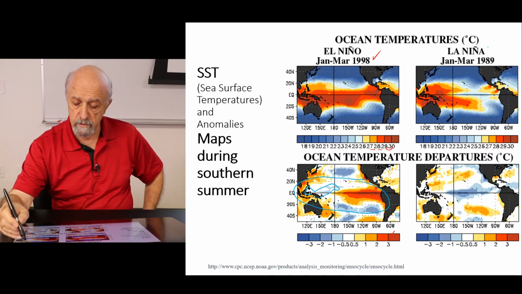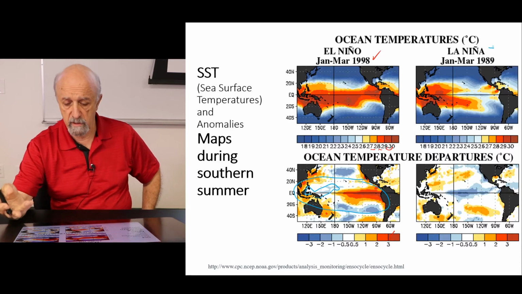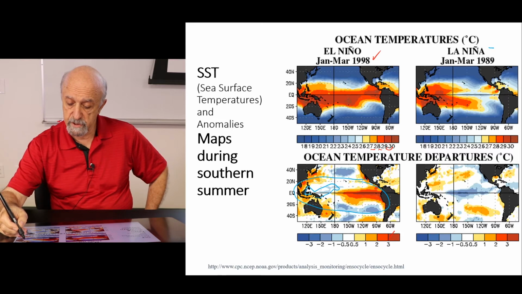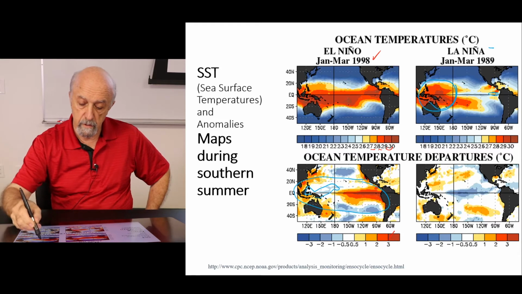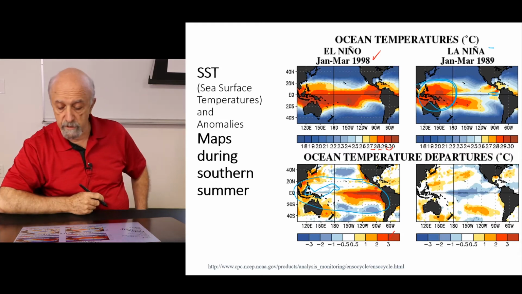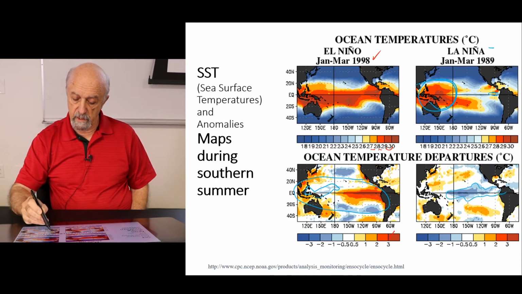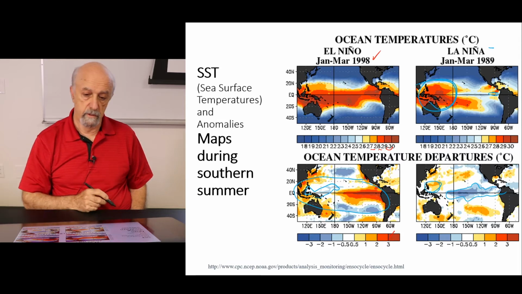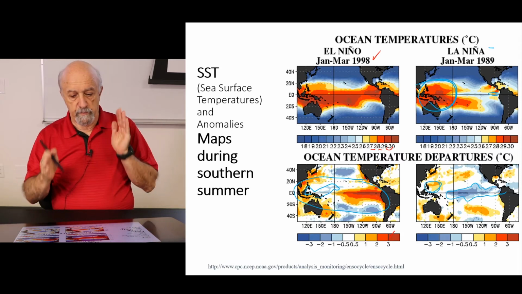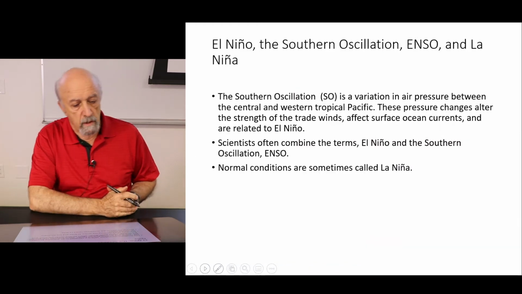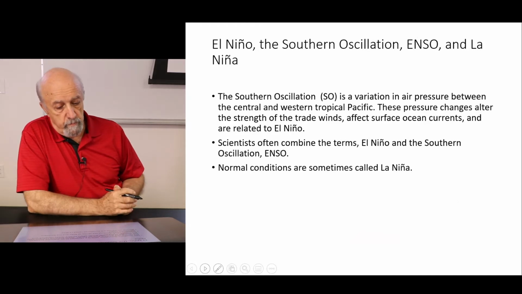During La Niña, which is like a normal, but worse, we see here the temperatures are normal here and warmer here, warmer than normal. You can see it in here. Lower temperatures than normal in all this area and warmer temperatures than normal in here. So it's a pair of things that happens as we see. The southern oscillation, Niño Niña,